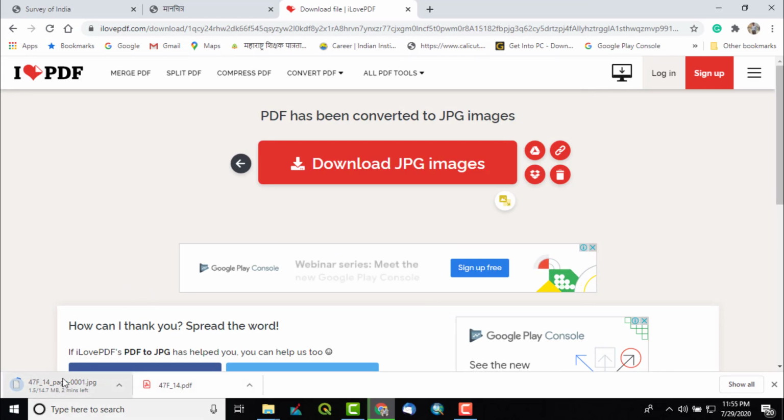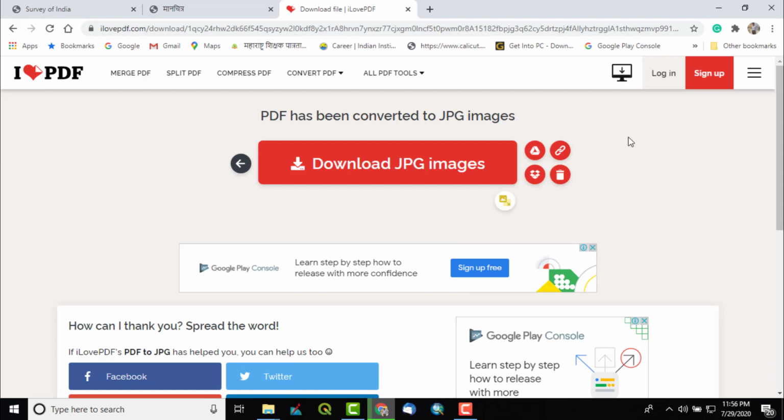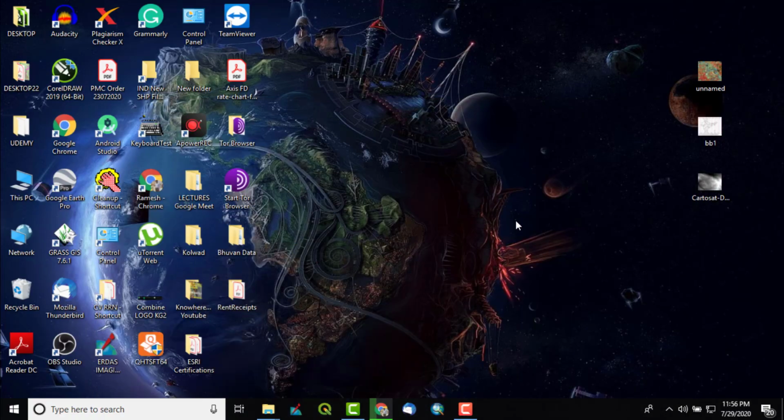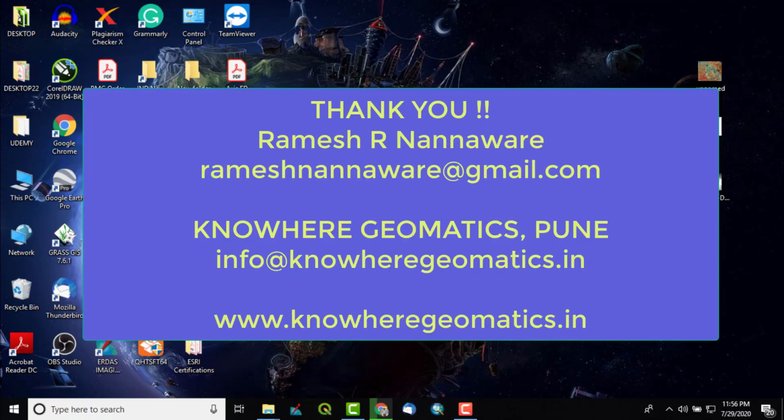So after converting to JPG, we can easily put it in any GIS software to use further for any analysis. Like we will use it for georeferencing purposes. Then we can digitize and all. In such a way, very easily we can use this Lakshya portal to download Survey of India topographical